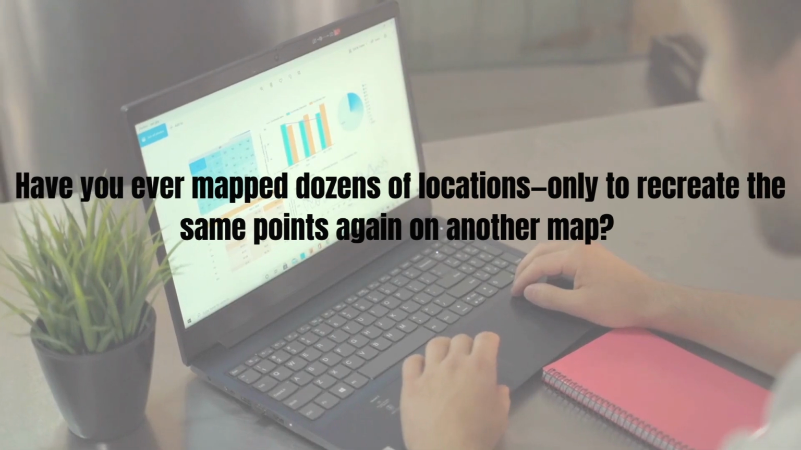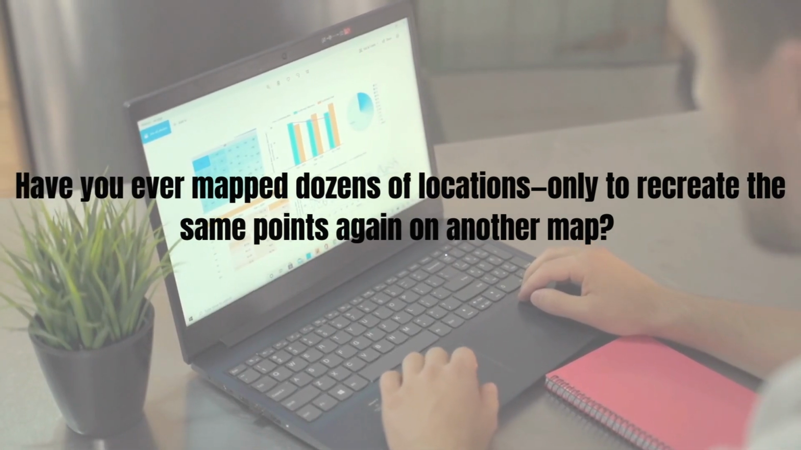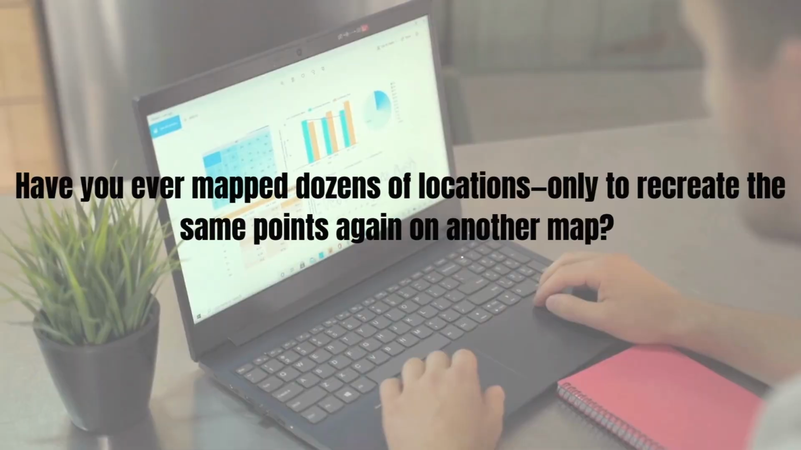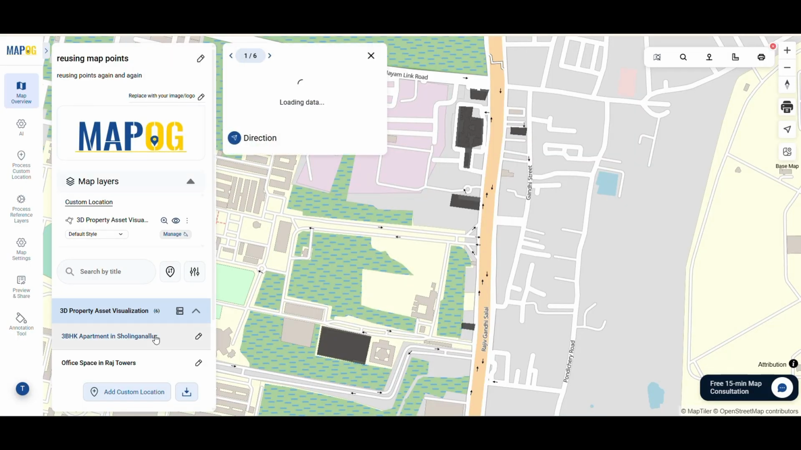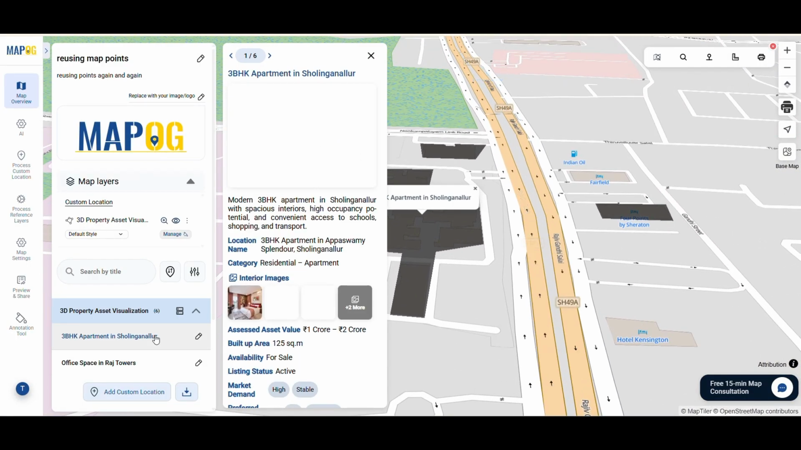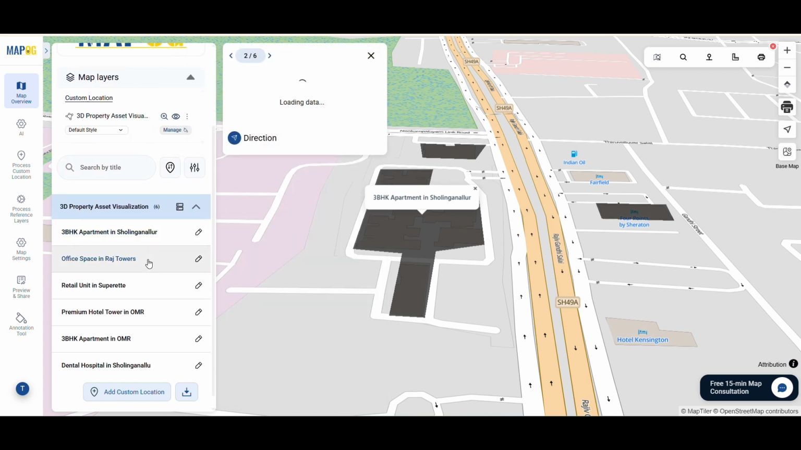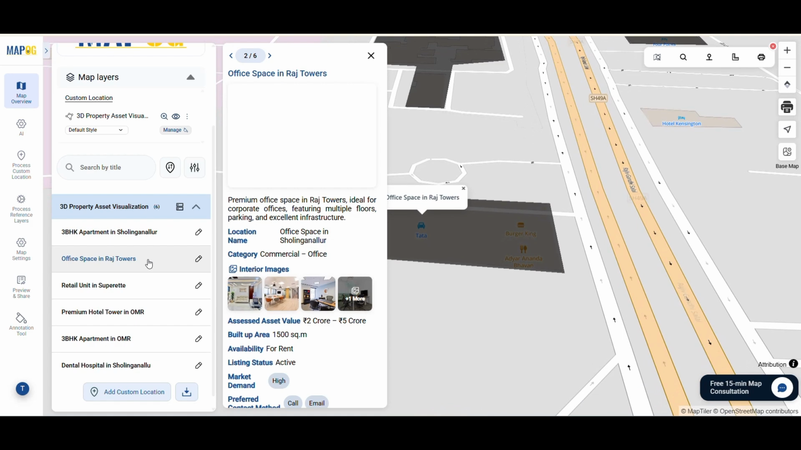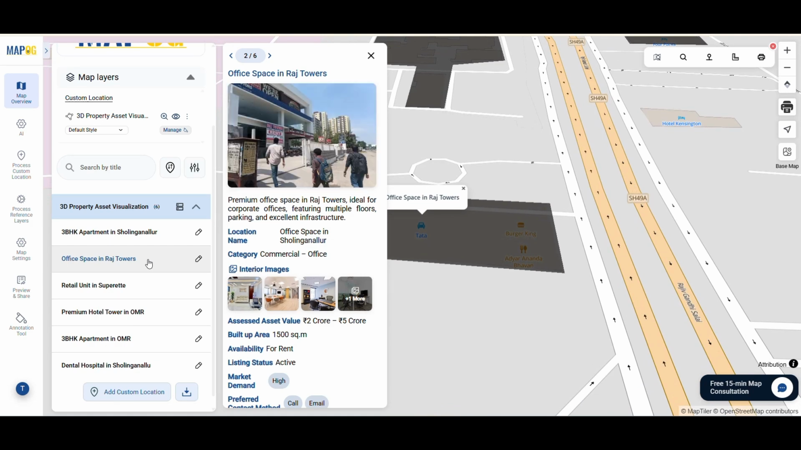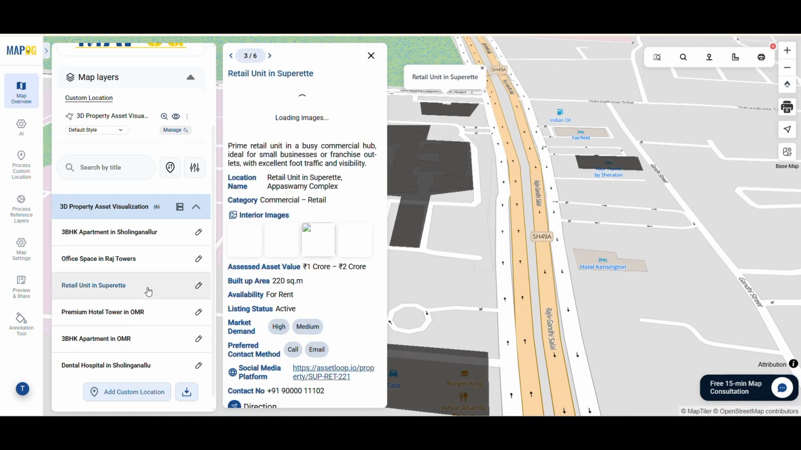Have you ever mapped dozens of locations, only to recreate the same points again on another map? What if you could reuse them instantly, without re-uploading or restyling? The solution is MAPOG. Instead of adding points manually every time, you can reuse existing location data using custom location